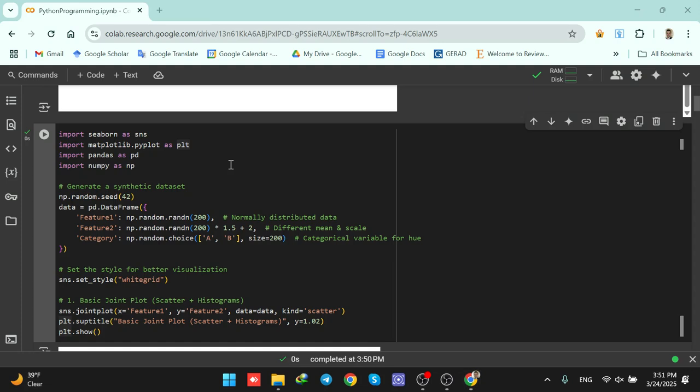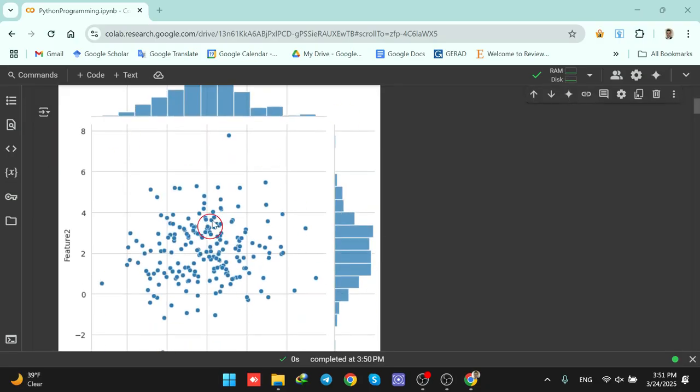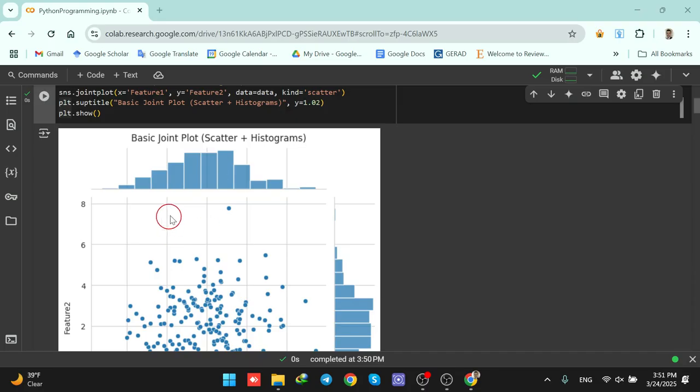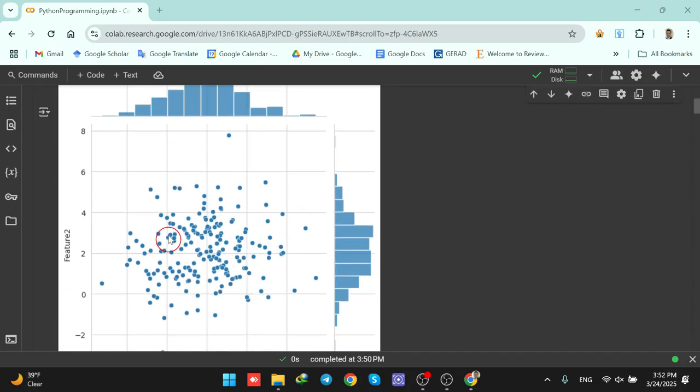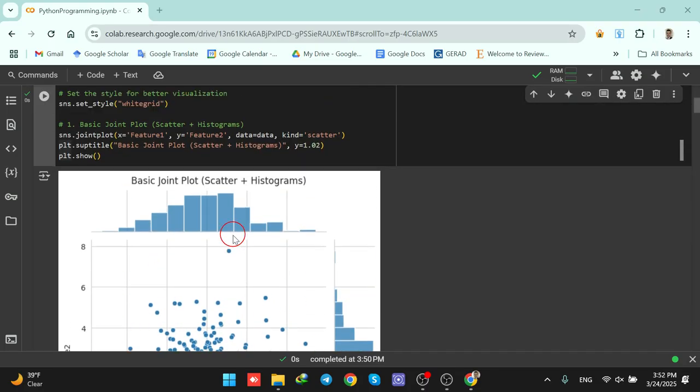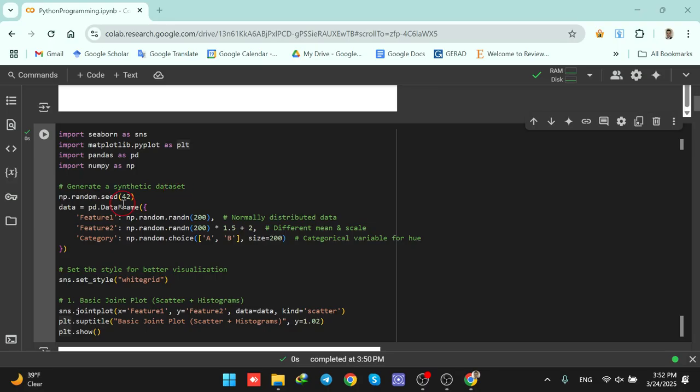Hello everyone, welcome back. In today's video, we are going to work with Jointplot. So here is my Jointplot. Now I would like to learn how to plot this and what this plot is telling me, in fact. In order to plot this,